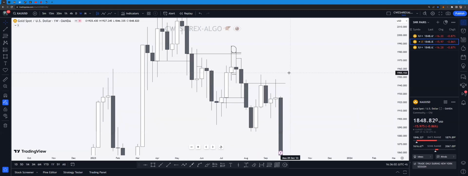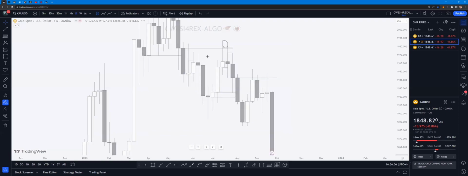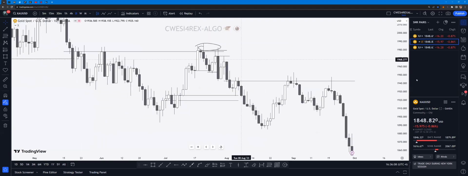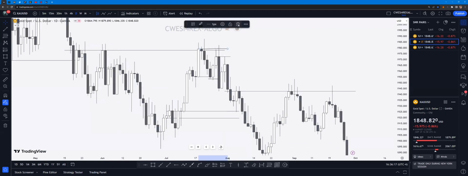Okay, cool. So over here, let's move to the daily time frame. On the daily time frame, we have price breaking out, then we had this pullback, and you can make your entry based on your entry techniques. Okay, good. And let's continue. And now we have this pullback mitigating this daily time frame.